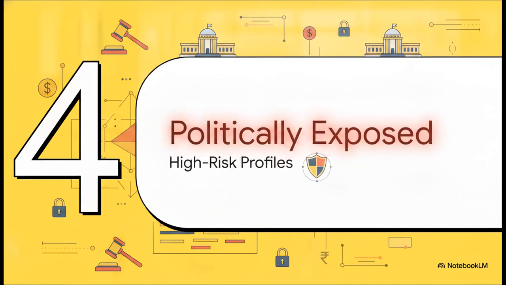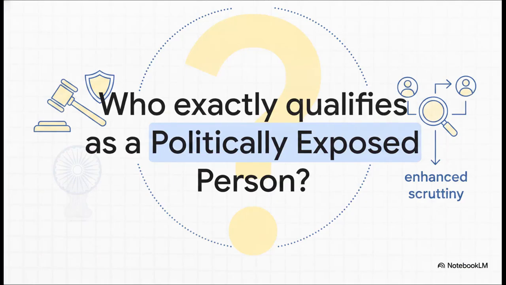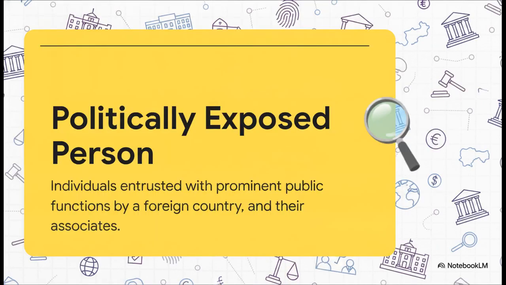Section 4. Politically exposed persons. Looking at high-risk profiles, let's pause for a second and ask a really critical question. How does the RBI specifically define a PEP, and why does this status automatically trigger enhanced scrutiny in our branch? Well, according to Chapter 6, Paragraph 41, PEPs are individuals who are or have been entrusted with prominent public functions